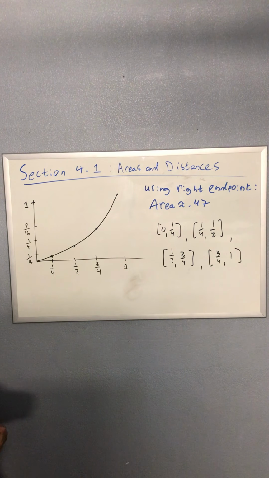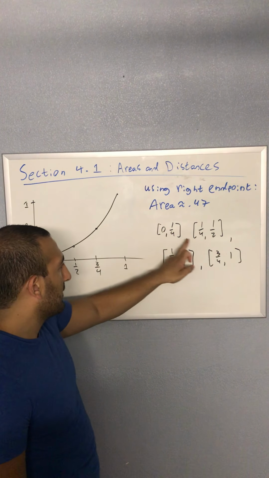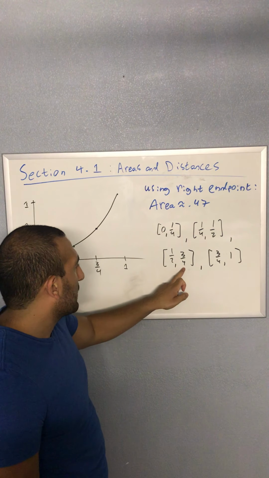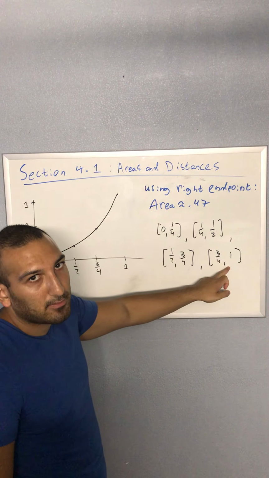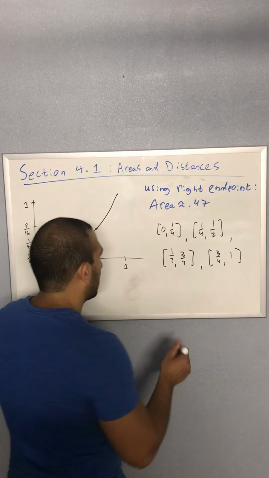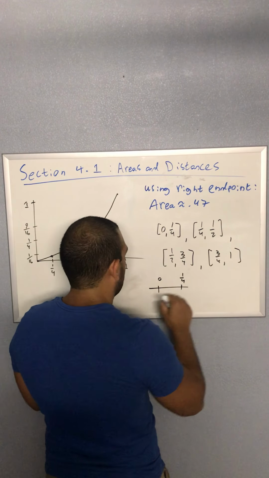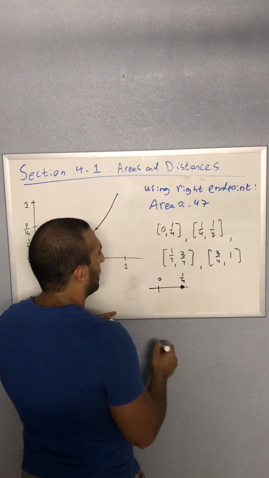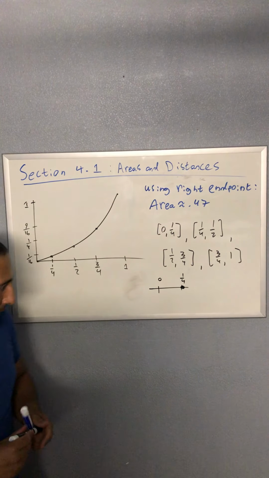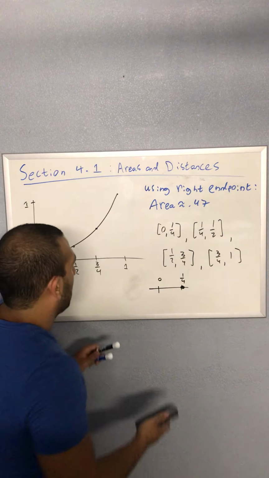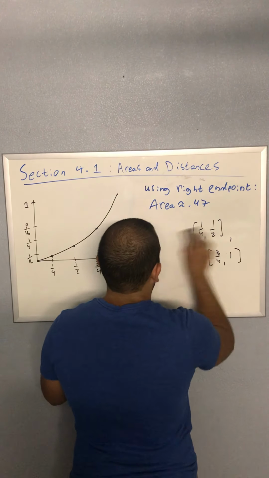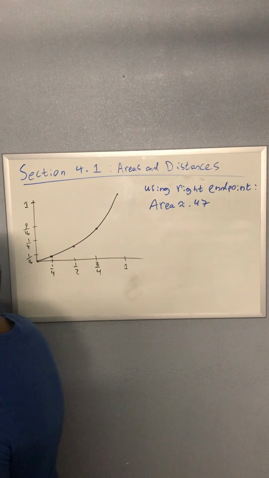And the right endpoint was exactly these numbers. We took the biggest number on the interval. You know, it's called right endpoint because if you look at these things on the number line, here's 0, here's 1/4, this is the right point as opposed to the left one. So now with the left endpoint, so if we're going to do the left endpoint instead,